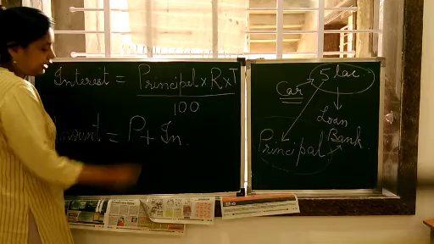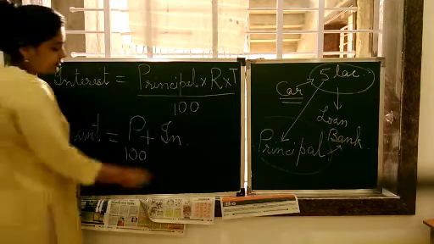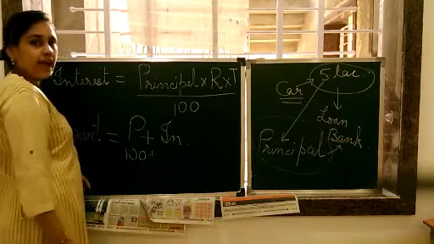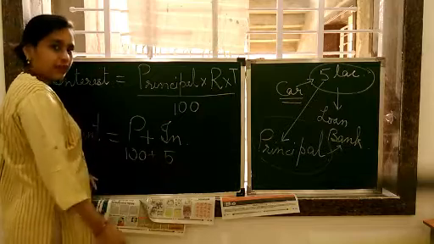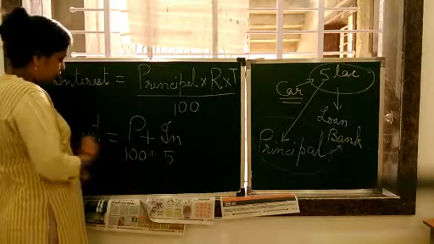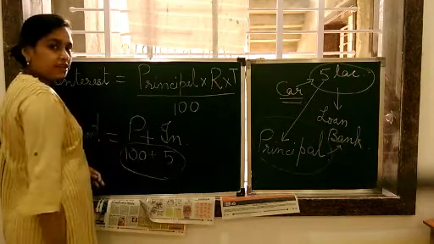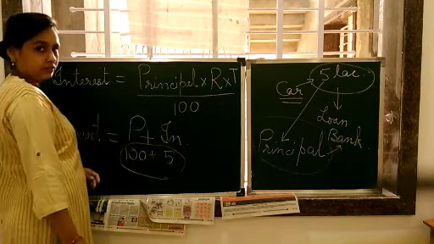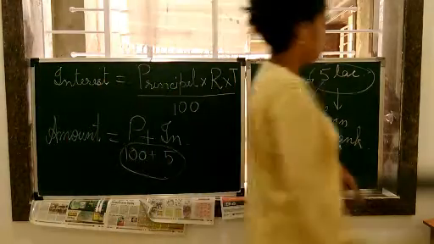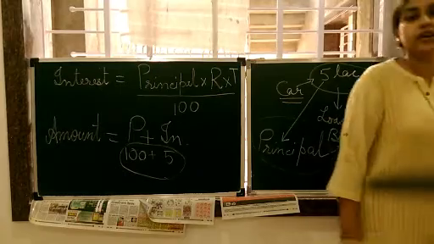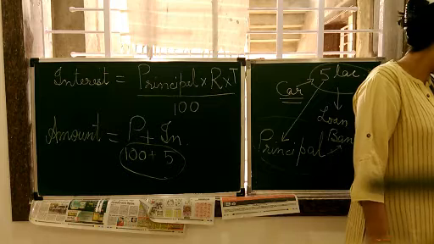For example, if I have taken rupees 100 from my friend, and she has given it to me at the rate of 5%, suppose. So the interest has come out to be 5 for 1 year. This is just an example. So what amount will I return her after 1 year? I will return rupees 105. Understood, children? So this is a simple formula to find the interest when we take a loan or borrow money.